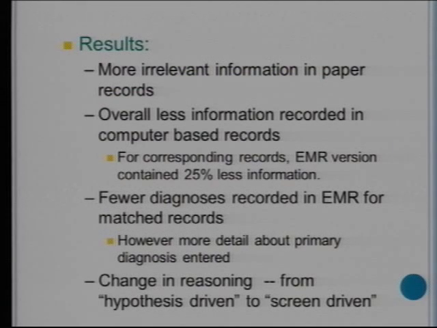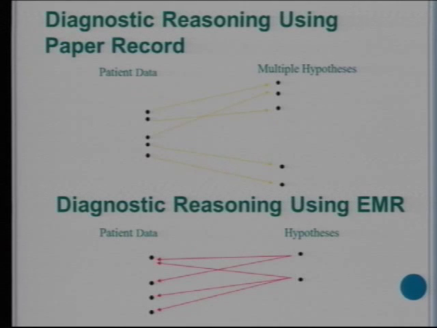For corresponding records, they generally contain fewer information items and less change in reasoning. So we said before, when they were interviewing the patients, they were hypothesis-driven. The standardized patients, they were going where they wanted in their own knowledge base, whereas with this system, they tended to drop into screen-driven behavior. And we were relating that at the time to medical reasoning, saying that the more expert-like reasoning is from pieces of patient data generating multiple hypotheses, which we call forward-driven. And less expert, or when you're learning, is more backward-driven. You have a diagnostic hypothesis looking backwards to the conditions.